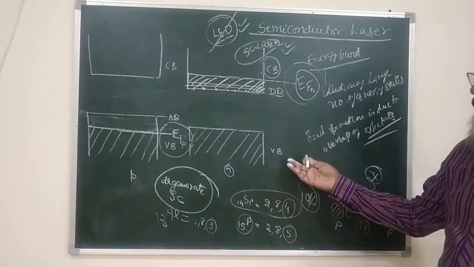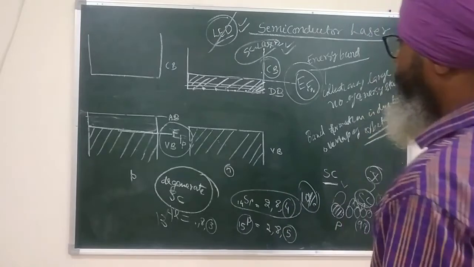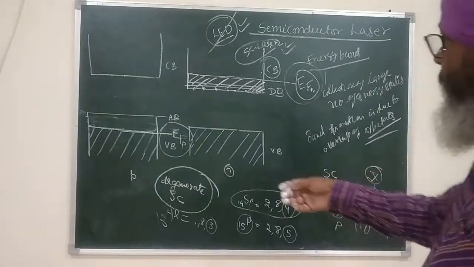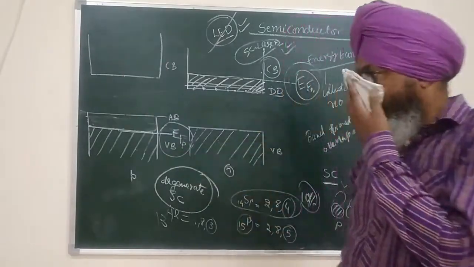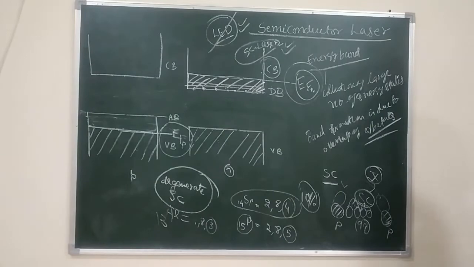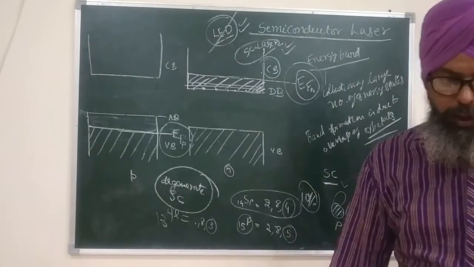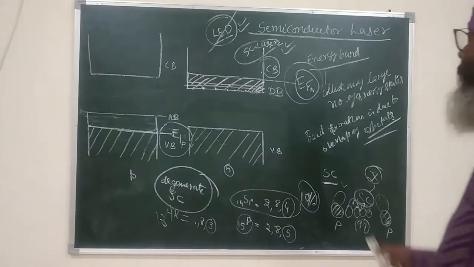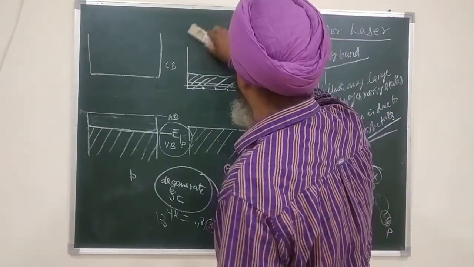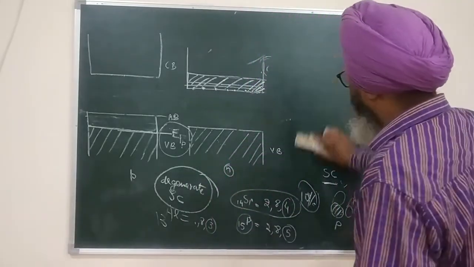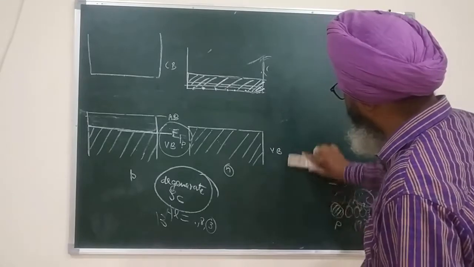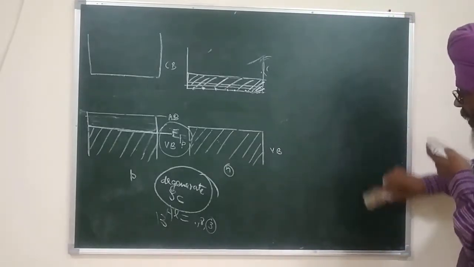On the right hand side, if I turn my face toward the board, toward my right side, it is the degenerate n-type semiconductor. Toward my left side, it is the degenerate p-type semiconductor. So please remember, these are n-type and p-type degenerate semiconductors, and these are highly doped. Now I will not be erasing this diagram, as I will need it for reference. Now we will be shifting our attention toward the mechanism responsible for semiconductor laser.